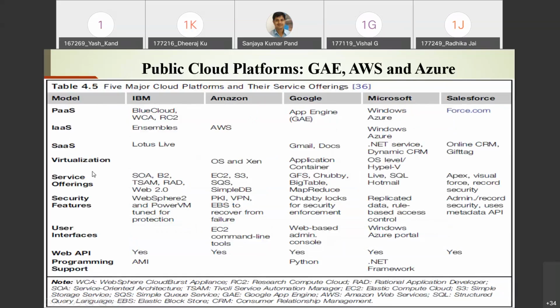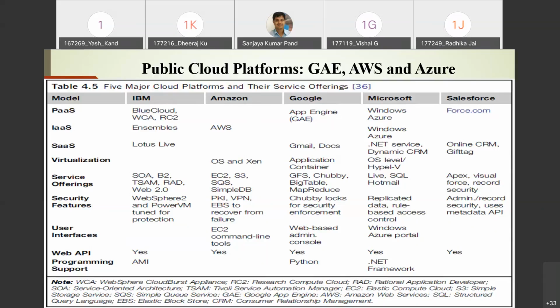Also, you can compare with respect to virtualization, what kind of service they are offering, what kind of security features they have, user interfaces, and web API programming software. So if you get a comparison chart, you will be clear which cloud service provider is suitable for a particular customer requirement, such as infrastructure.